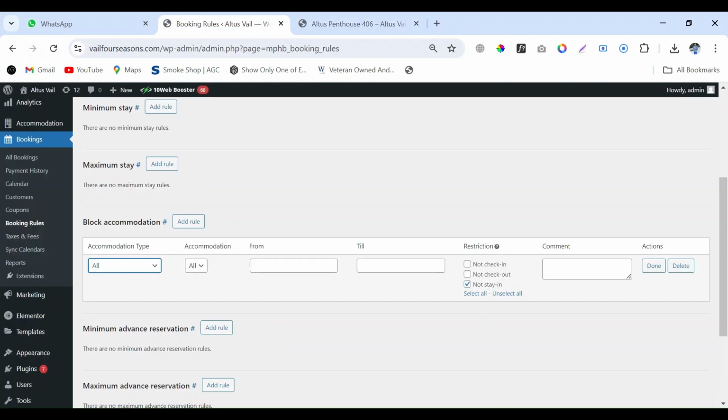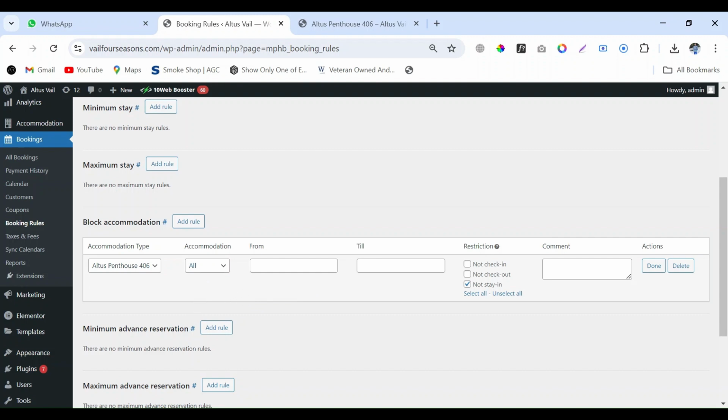But if you have multiple accommodations, like 2, 3, 4, 5, then you must select at least one accommodation so that you can apply the rules on it. So I will select the Altus Penthouse 406 accommodation type. Then you can select this, or you can click on all if you want.